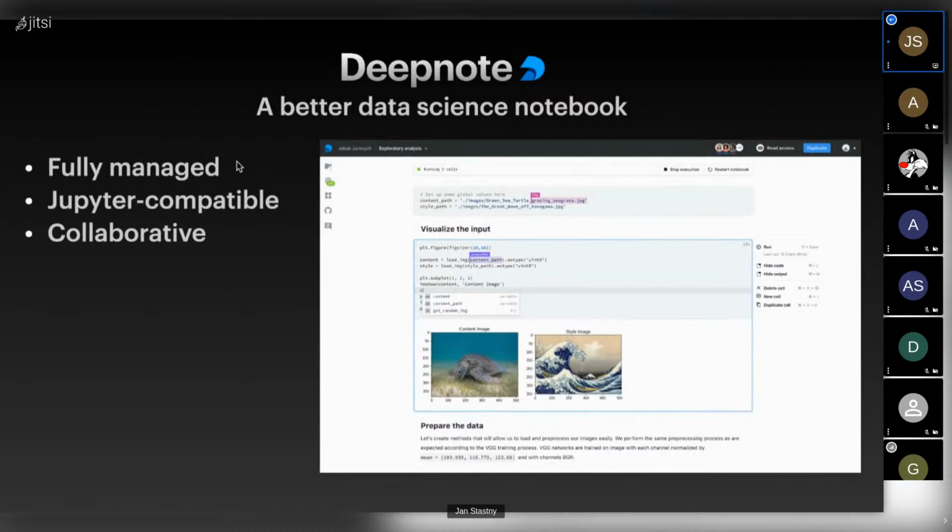The code is very commonly repeatedly executed and fine-tuned out of order, so you don't always have to run the whole thing from the top to the bottom. This is very common for data scientists, because they want to do some exploration, fine-tune the different pieces of their explorations, and document it at the same time. And what we are doing is making this cloud ready and collaborative, the same as you are used to working in Google Docs.